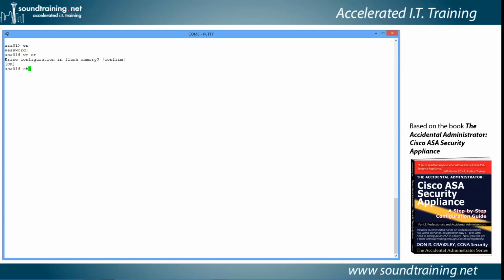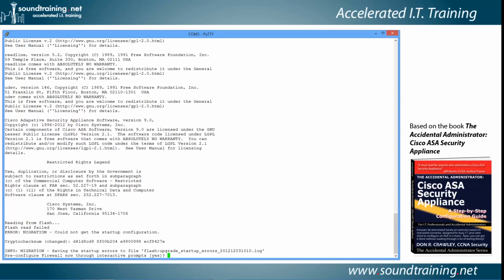Let's do the command show startup config. I could abbreviate that show start, and notice that it says no config. So we're going to say reload no confirm, and that's going to reload the device without asking for confirmation. There it goes, and we'll do a quick edit and come back when it's completely reloaded and ready for us to work with. So now, through the miracle of digital editing, we've rebooted in record time, and you can see